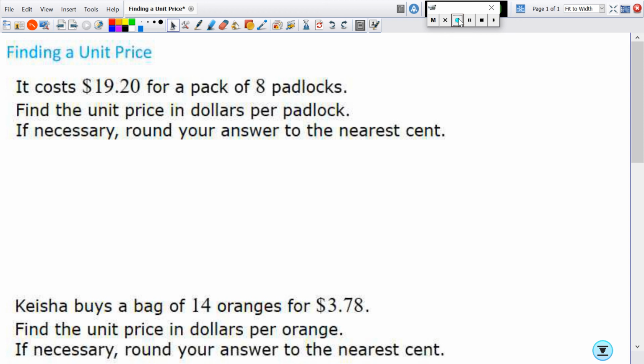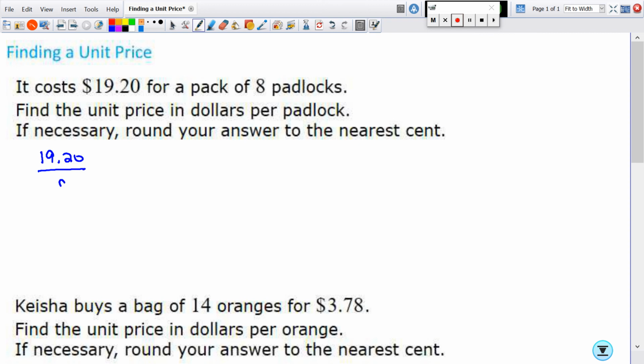Okay, finding your unit price. It costs $19.20 for a pack of 8 padlocks. Find the unit price in dollars per padlock, and if necessary, round your answer to the nearest cent. I deal with these differently depending on what the numbers look like. So I have a decimal and a whole number. When I just have a decimal and a whole number, I literally set them up as a fraction. So I will put